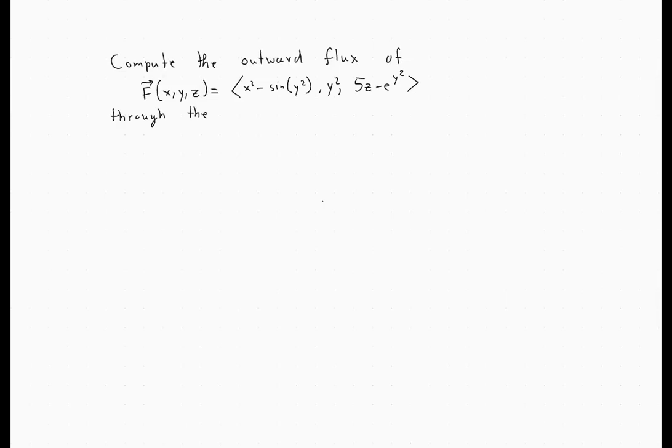of 0, 1 cross 0, 1 cross 0, 1. This is a cube, a unit cube. So what do we need to know here? Here we need to know that